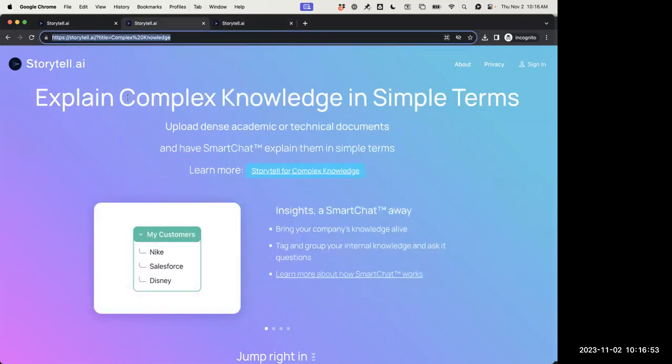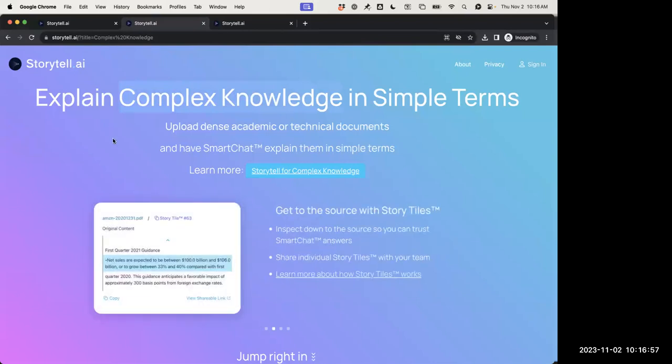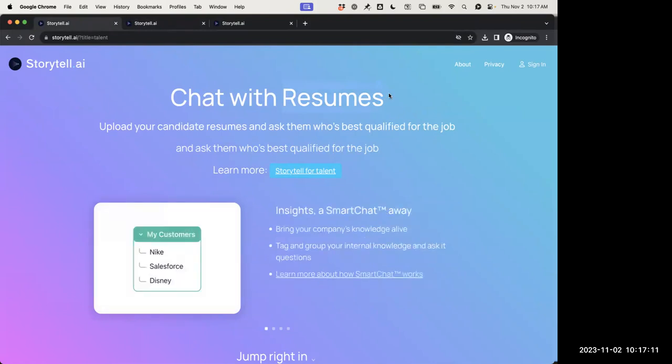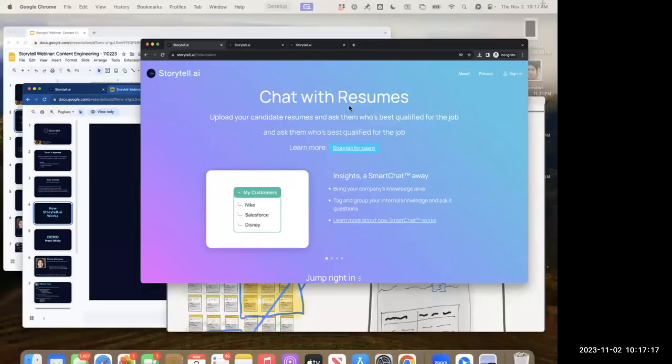If you have complex knowledge you need to explain in simple terms, you can use Storytell to do that. Explain this dense academic paper to me like I'm 5. If you are a talent team, you can upload 100 resumes for a job and then upload your job description and ask which candidate is best suited for this job. There's just so much that we can do with Storytell. The specific example that we're going